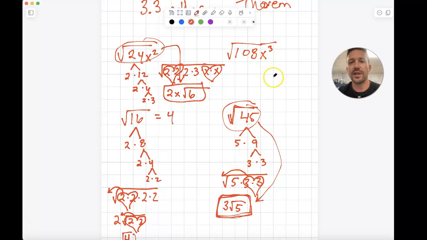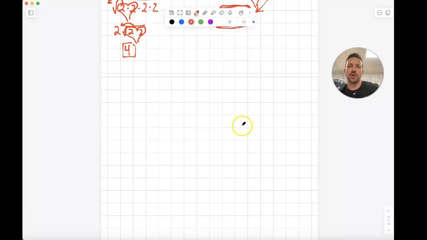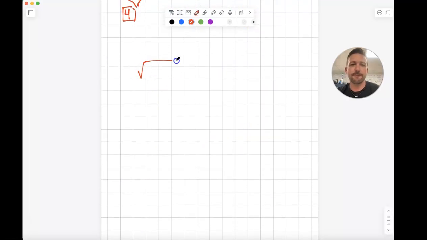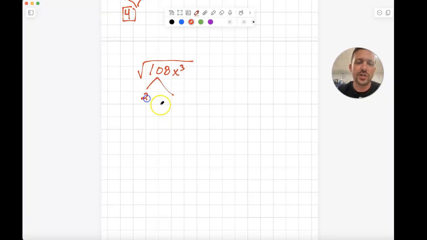Okay, let's do this 108. I don't think I have enough space, so 108x cubed, let's do it down here. Okay, so I'm going to break it up: 2 times, let's see, that would be 54. I can break up 54 into 2 times, let's see, 20,